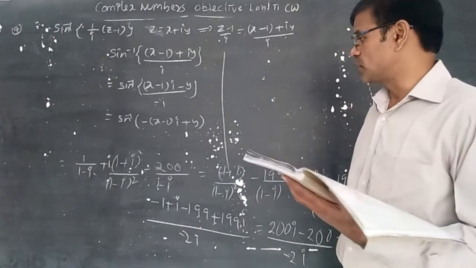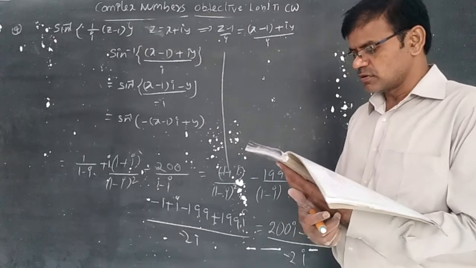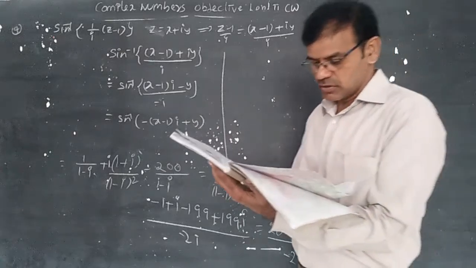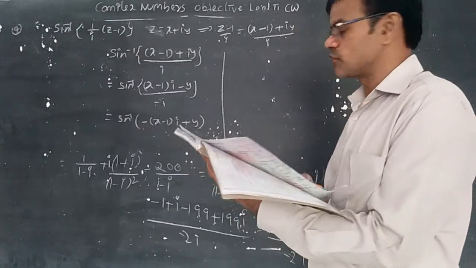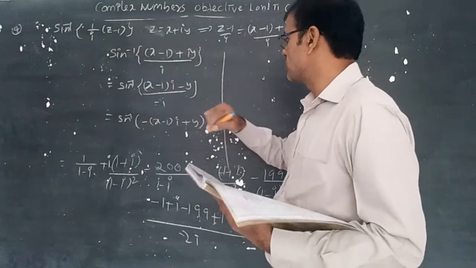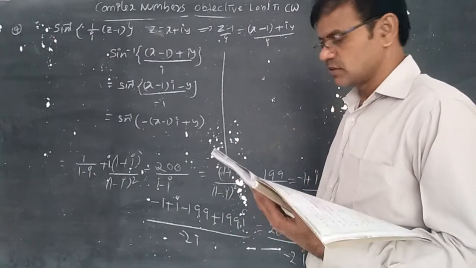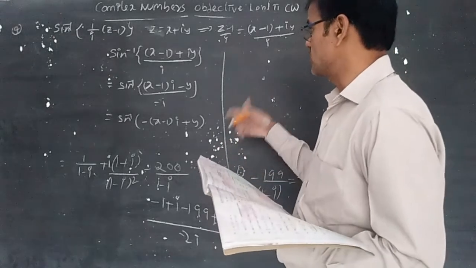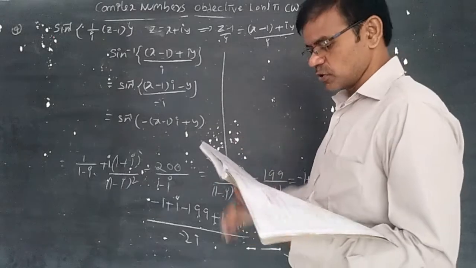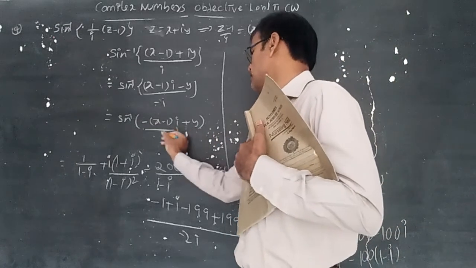So how many options are there? Real z equal to 1, only one option is there. Fourth question, second option. Let us verify the second option. Sine inverse of x minus 1 into y. Minus 1 less than or equal to imaginary z. So what is imaginary z? Imaginary z is simply y. It is indicated with sine inverse. Real z equal to 1 is given, so what is meant by real z? x minus 1.